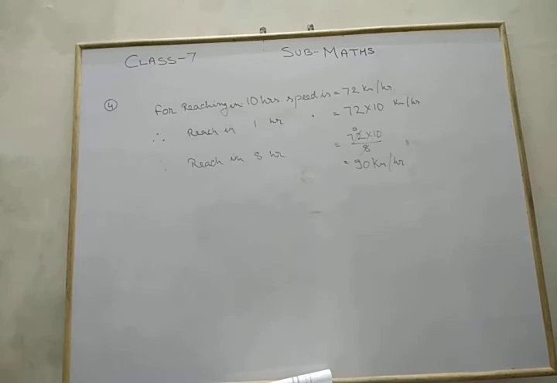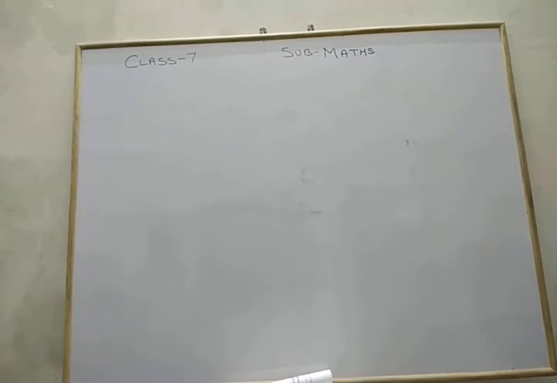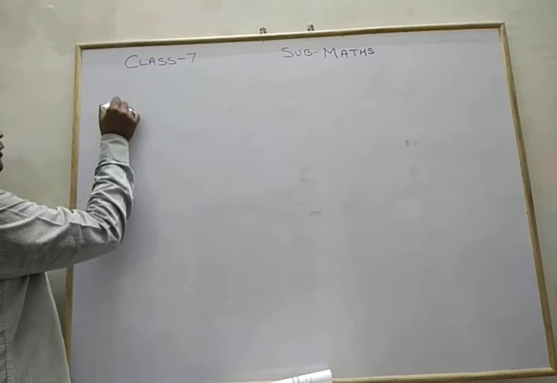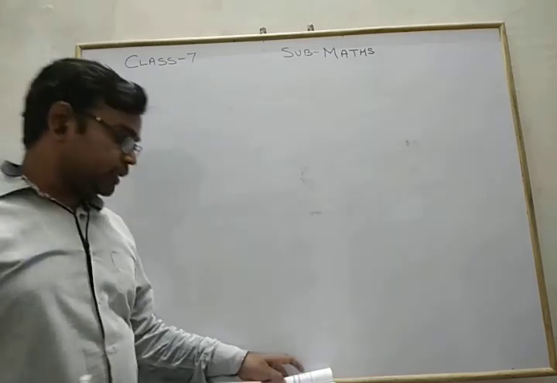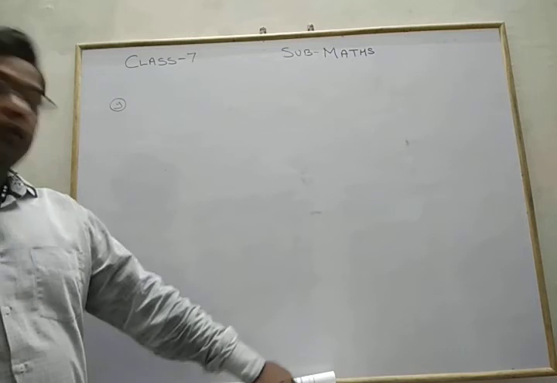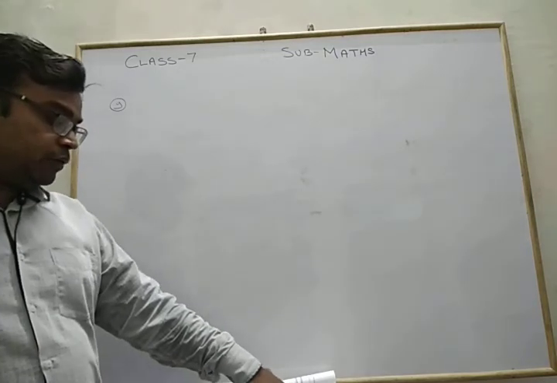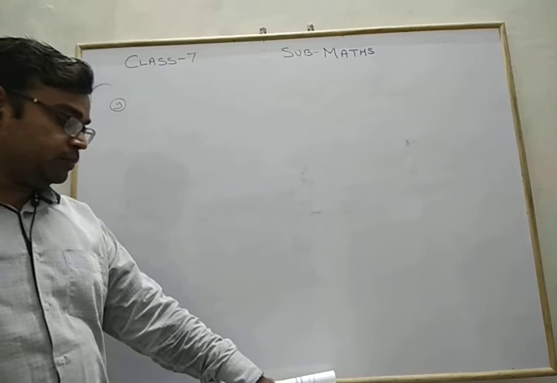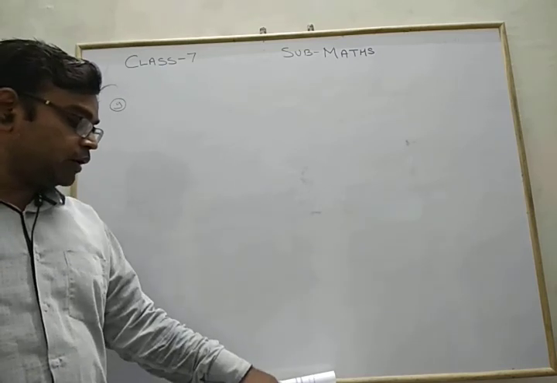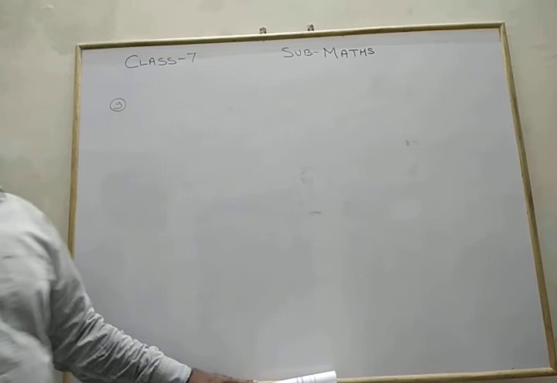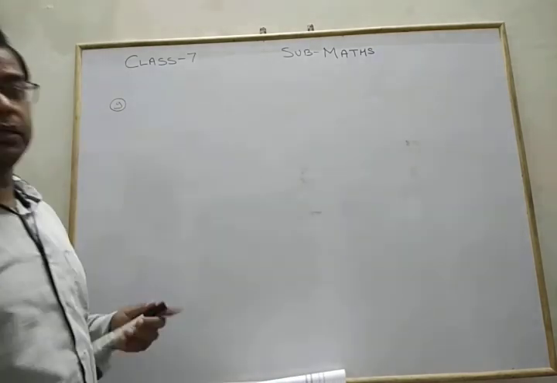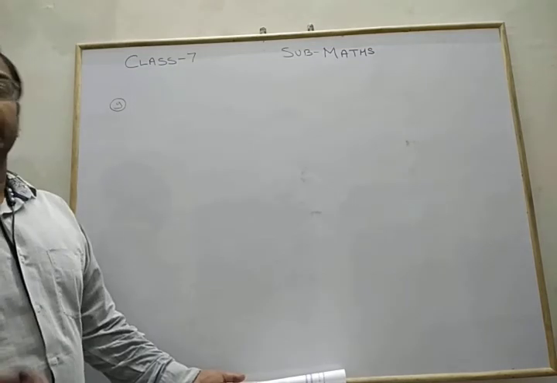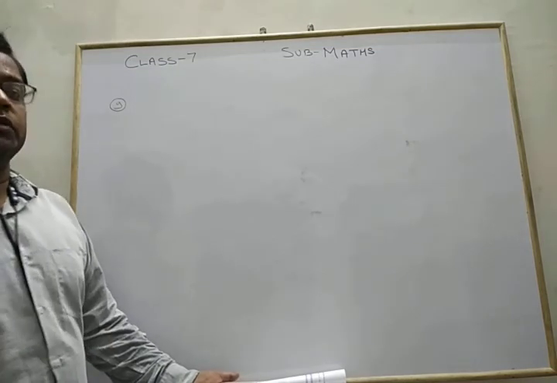Now I am going to solve today's last question, question number 9. And I know that the rest is your work. You must complete this exercise today. Question 9 says that a hostel had rations for 60 days for 500 students. After 12 days, 300 more students join the hostel mess. How long will the remaining ration last? I am going to use an alternative method so that you know both methods. This is a new method. This method helped me in my school days, so I am going to discuss it with you.